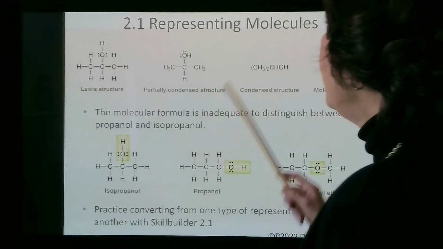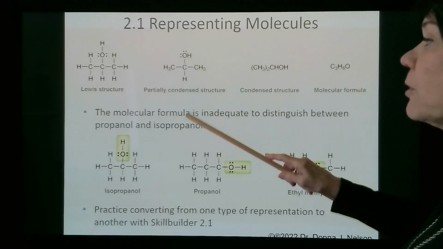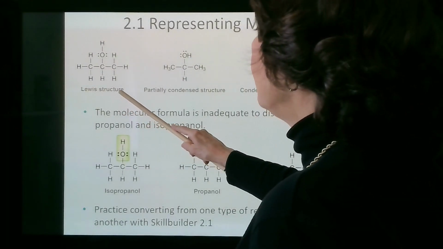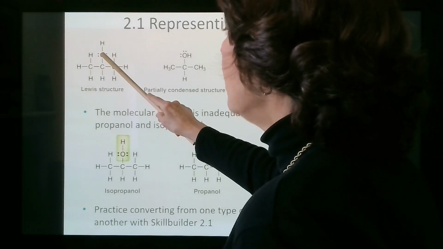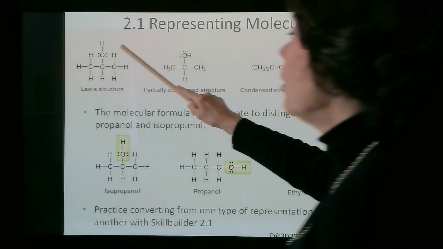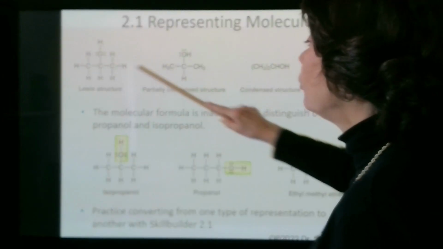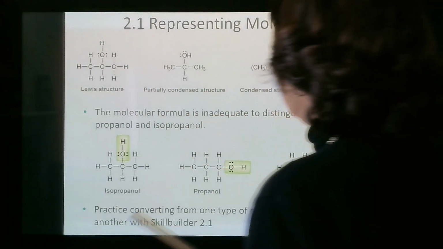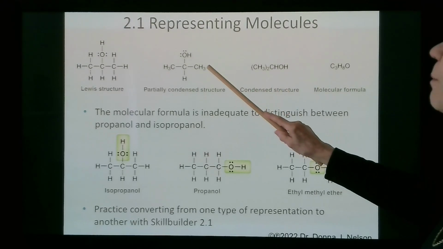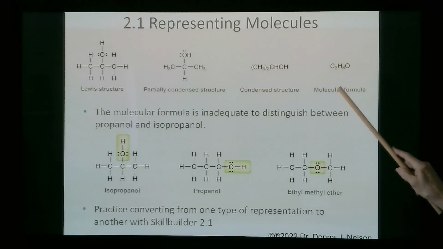So let's look at this. Here are the different ways that you may see molecules represented in this course. So here is a Lewis structure. You can see the pairs of electrons on oxygen. You can see a partially condensed structure where the methyl groups, the CH3, is actually drawn as CH3 instead of the individual bonds. Then there's the condensed structure in which the 2 methyl groups are not written separately. And then there's the molecular formula,